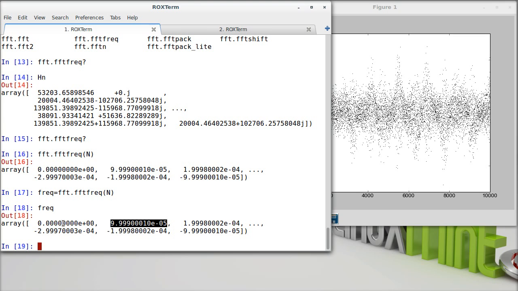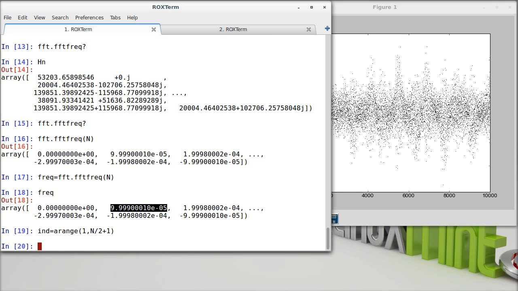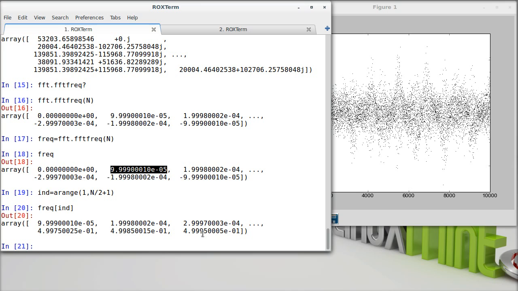So suppose we want to skip the 0 frequency. That's just a DC offset. That's typically not interesting, so we typically want to ignore that. So we can get a list of the non-negative frequencies, not including 0. Okay. Those are stored from 1 to n over 2 plus 1. In other words, if I look at these frequencies, these start at the smallest one and go up to